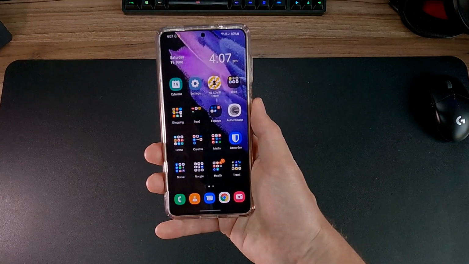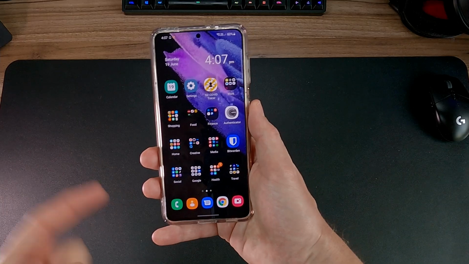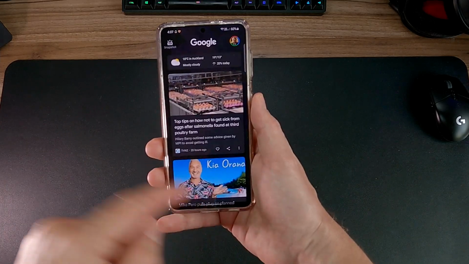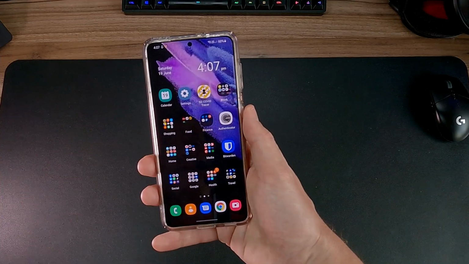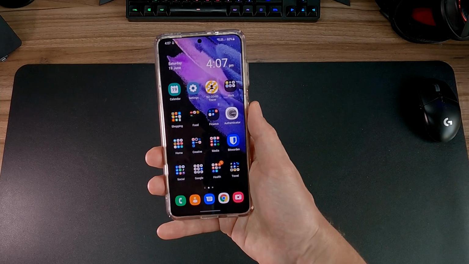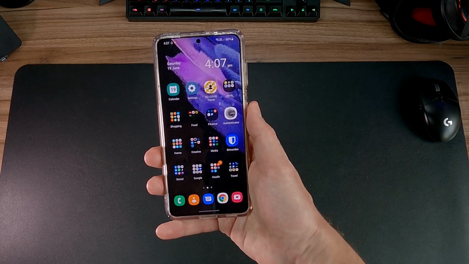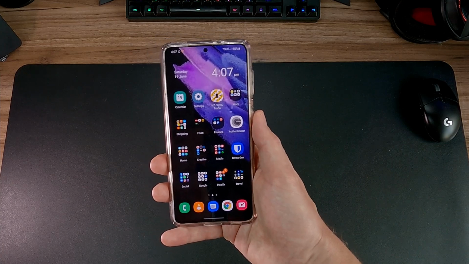So now I've done all the steps needed to get Google's voice assistant working on my Samsung phone. I've got the voice assistant working, I've got the swipe right and the Google newsfeed working, and I've got the power button set up exactly how I want it. Now the same steps will work with any other voice assistant that you've got on your phone, so just follow the same steps but choose a different voice assistant when selecting that default app.